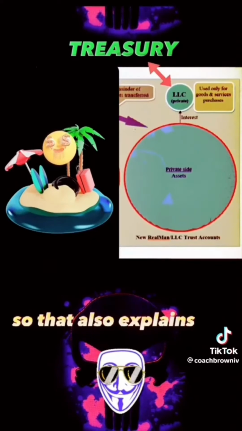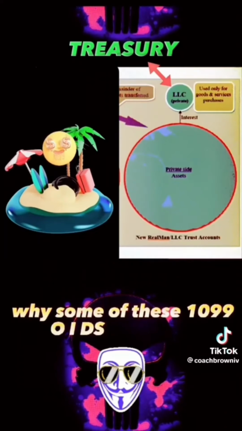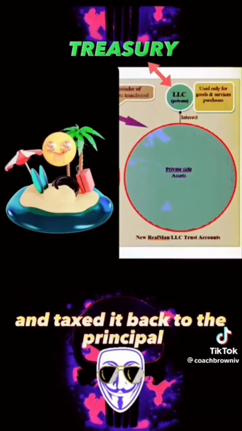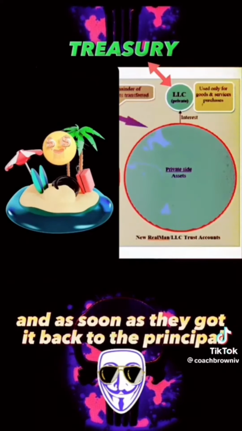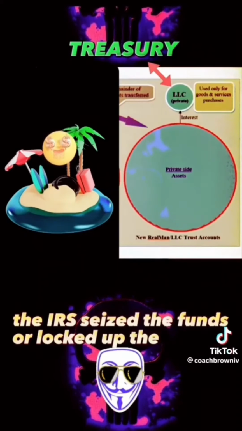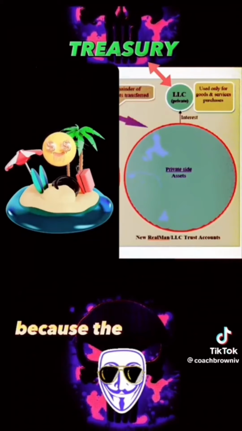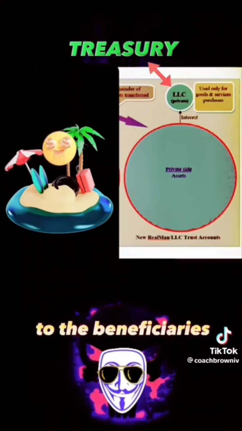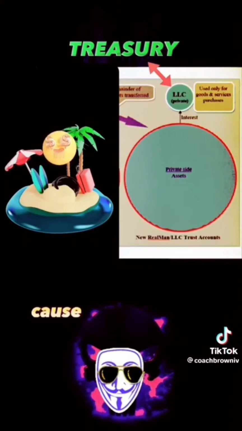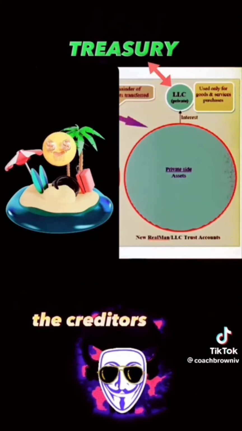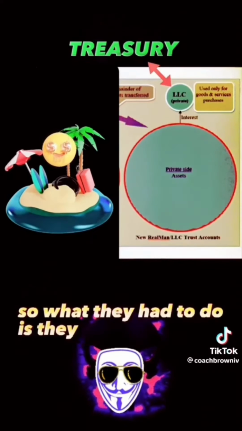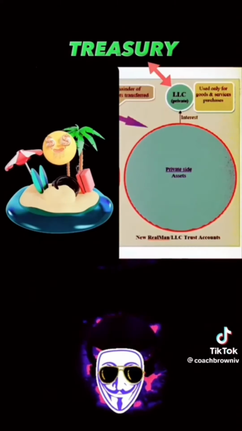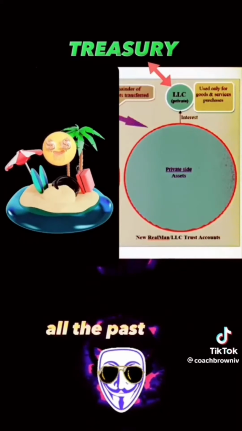So that also explains the reasons why some of these 1099 OIDs that were withholding, they put on the withholding there and taxed it back to the principal. And as soon as they got it back to the principal, the IRS seized the funds or locked up the account, because the IRS accountants couldn't give the disbursement to the beneficiaries who were debtors, because as soon as the assets were transferred to them, the creditors would jump all on them. So what they had to do is they had to seize the assets and apply it to the debt. And that's why you didn't get any funds. And until we pay the past war debts, all the past debts, present debts,